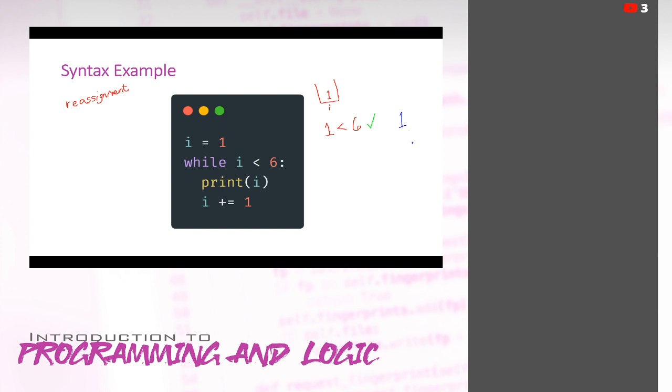But then the next important thing is what comes after that: i plus equals 1. Plus equals in Python is like plus plus if you're familiar with Java or C++ or some other programming languages. Plus equals is our shorthand for adding something to itself.